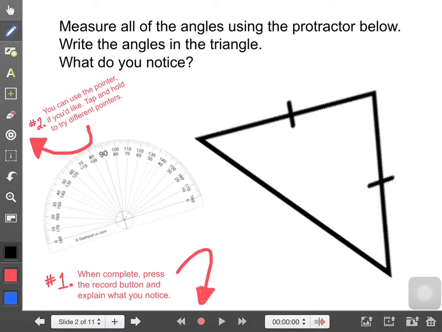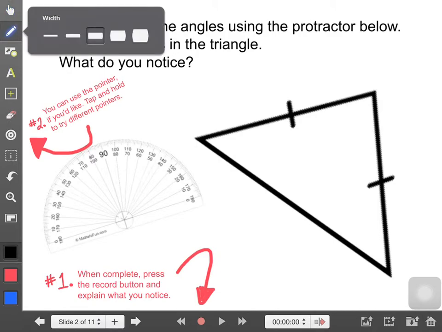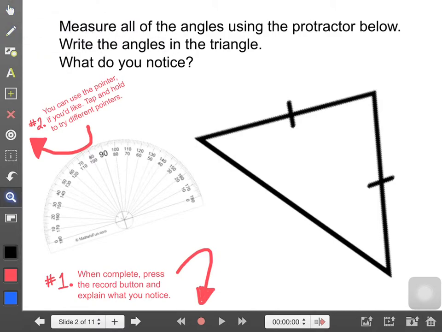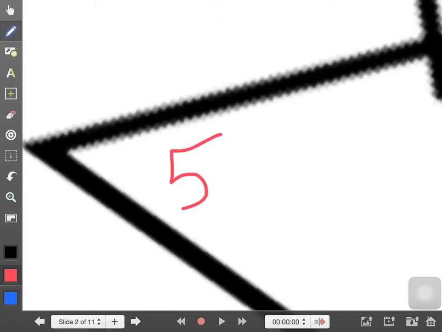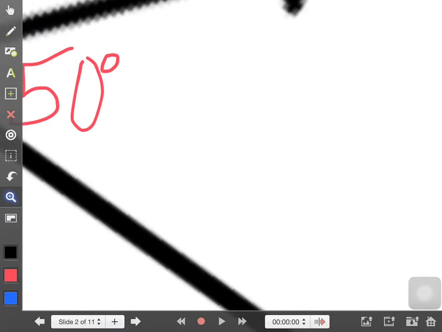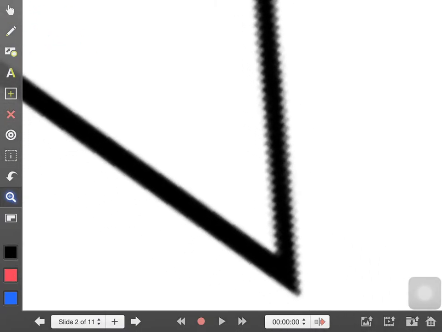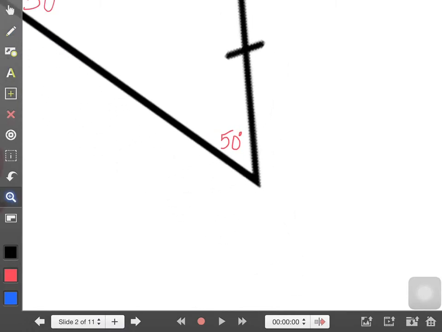So I'm asking the students, once they figure this out, I want them to actually indicate what they've found on the screen. So in this case, we've got 50 degrees and another 50 degrees over here. And that's going to leave us with